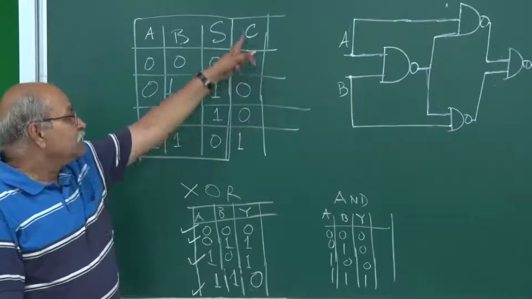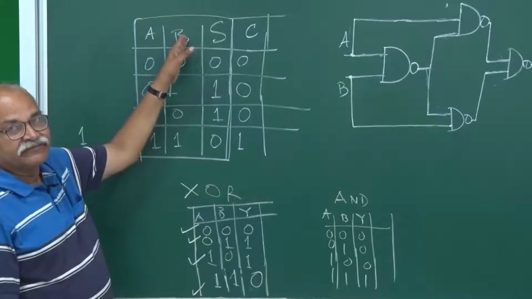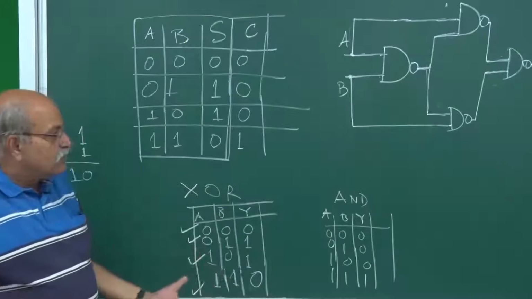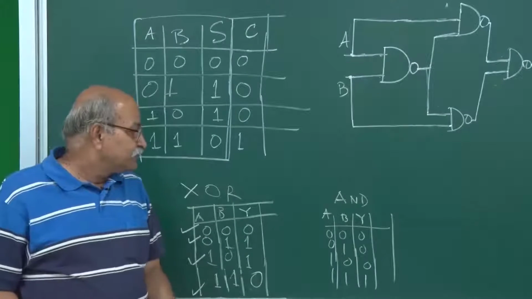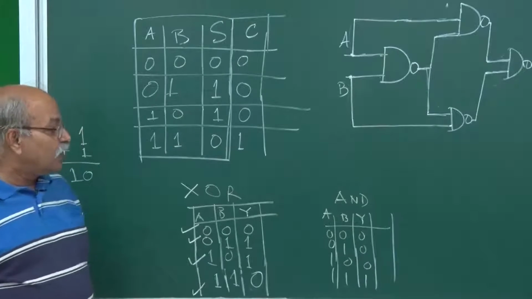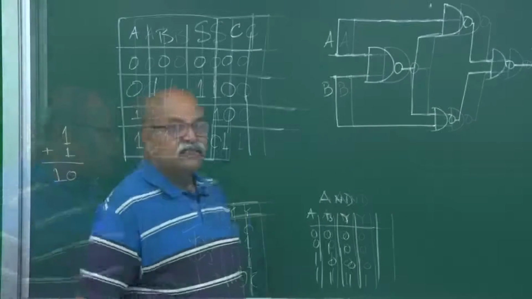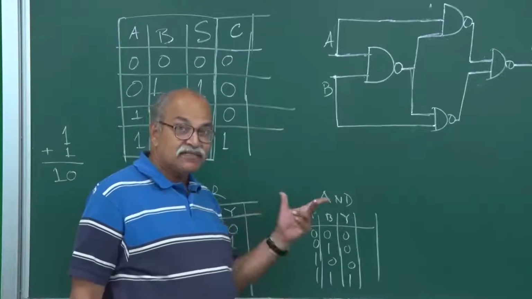The C is just AND of A and B, and therefore, from this A and B you have to just feed this A and B into an AND gate and that is it. Okay. And how do we create AND gate from the NAND gate? So, do you remember how you construct AND gate from the NAND gates?